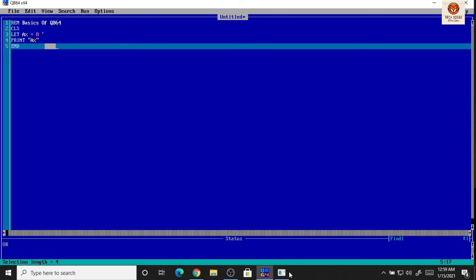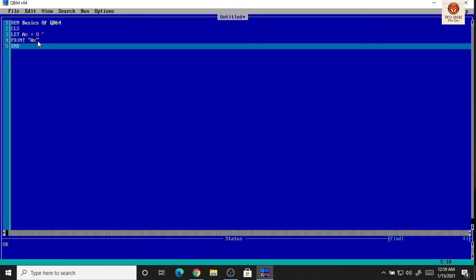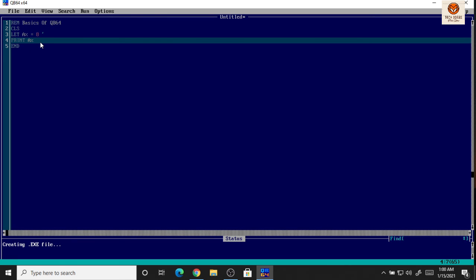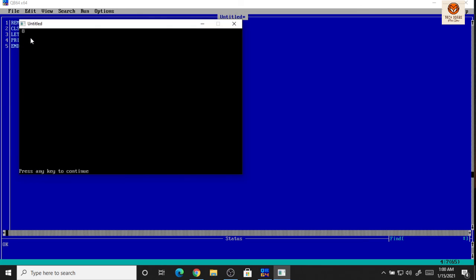Why? This is because here are double quotes. And why have I given double quotes? Double quotes print as it is whatever I have given. So you have to remove double quotes to let it work. I have removed them, and let us print. So let us run. So as you can see, 8 is on the run screen.